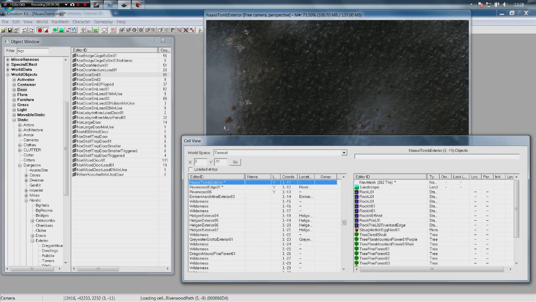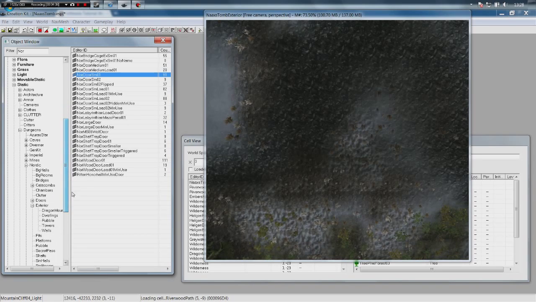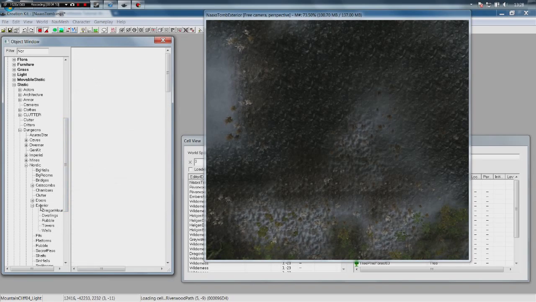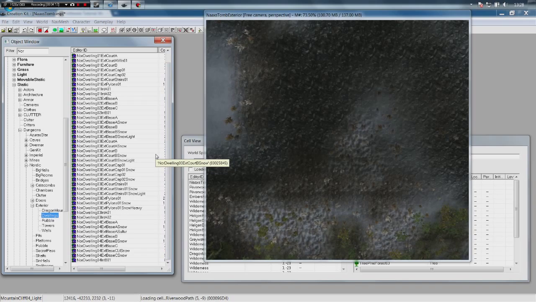To do that, we need some Nordic pieces again, and we're going to use their exterior pieces, which is very nicely marked here. So go again to Dungeons Nordic Exterior, and we're going to use dwellings. We're going to use 2 pieces from this, and then we're going to use a door similar to the one we used inside. And the ones we're going to use are Nordic Dwelling 02 Exit Base B and Nordic Dwelling